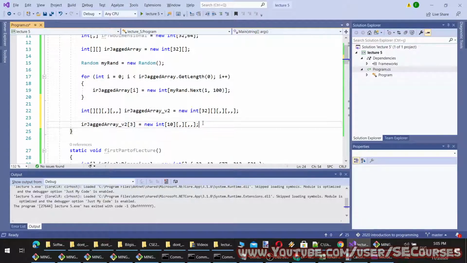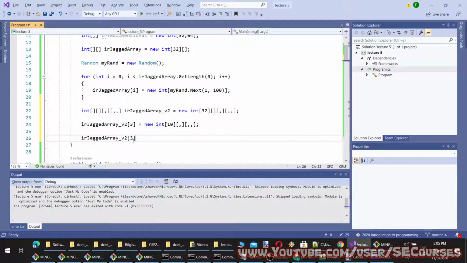Then I'm going to access the fourth element like this and initialize this. How am I going to do that? I'm going to do that like this: new int, let's make it two-dimensional, and then this.